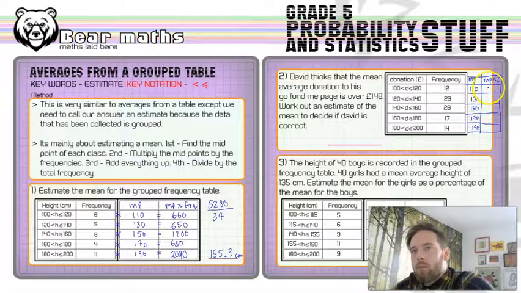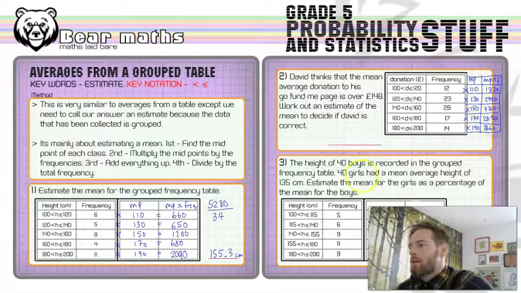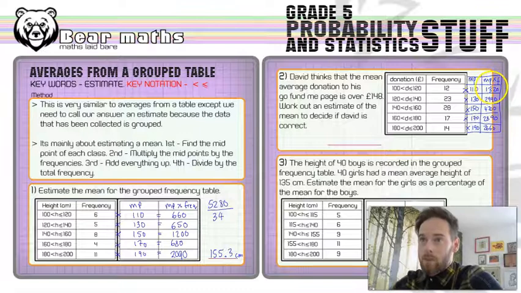And then the midpoint times frequency, so that times that is 1320. That multiplied by that, 2990, 4200. 17 times 170, 2890, and then 14 times 190, 2660. Exactly the same thing as what I did in the first question. So if you fast forwarded the video, please watch the first question to know what to do for that bit